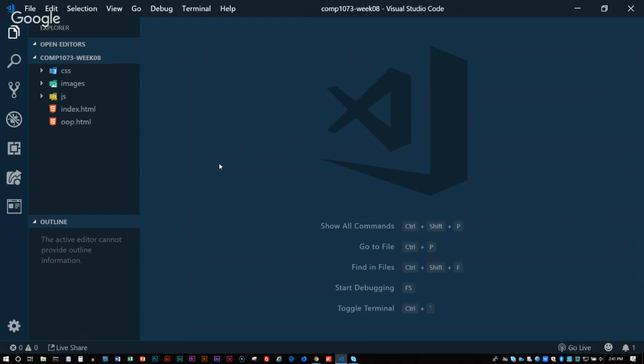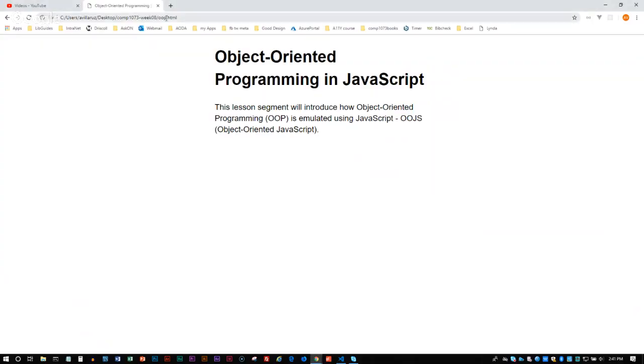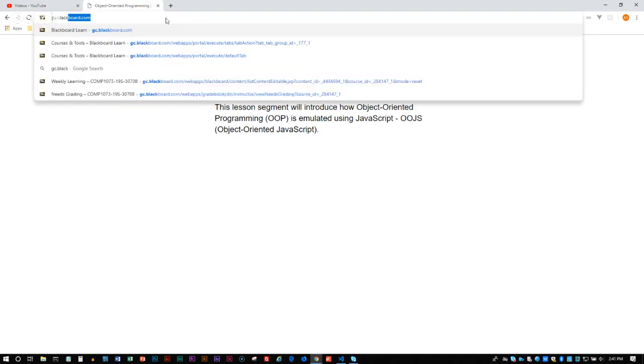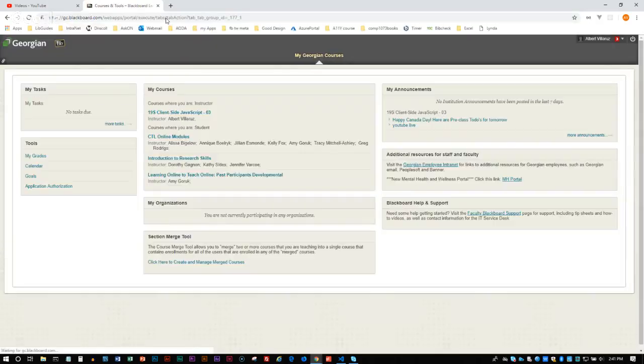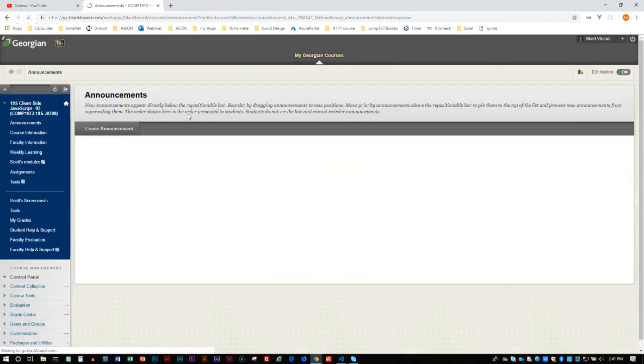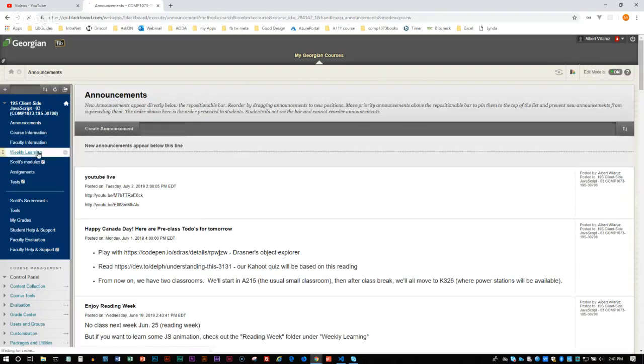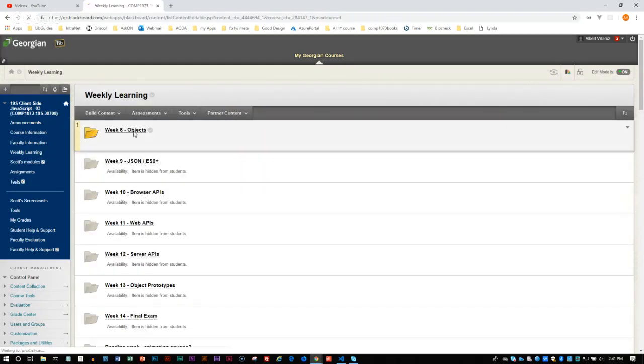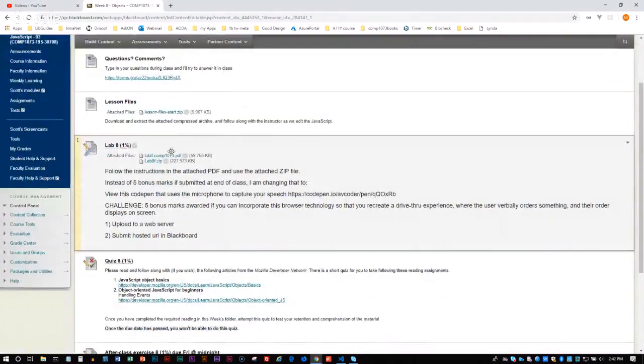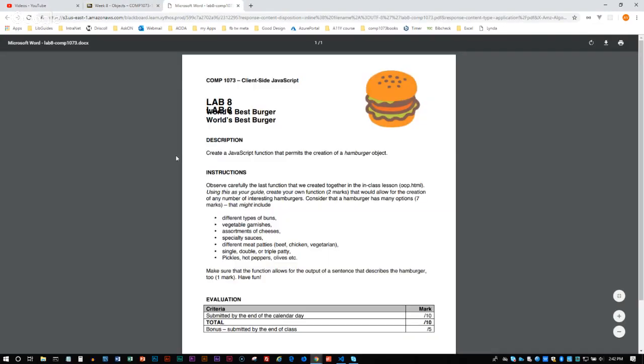Let's see, 241. Okay, so what we're going to do is go to the lab. And I had a little bit of fun with this one. I'm going to show you the original lab, and then I'm going to show you what I want. Let's just see the original instructions that Scott gave. It says here, create a JavaScript function, which is basically your constructor function, that permits the creation of a hamburger